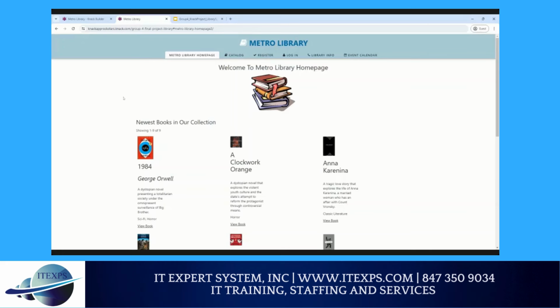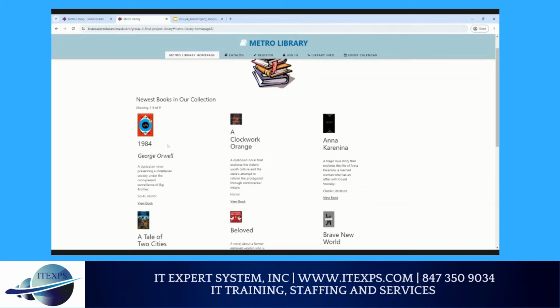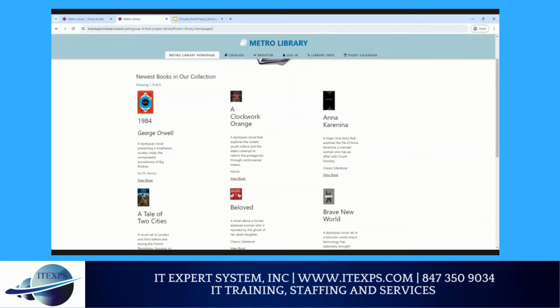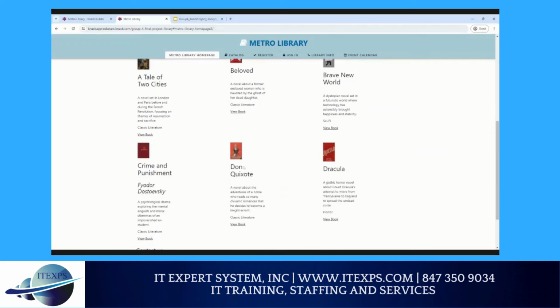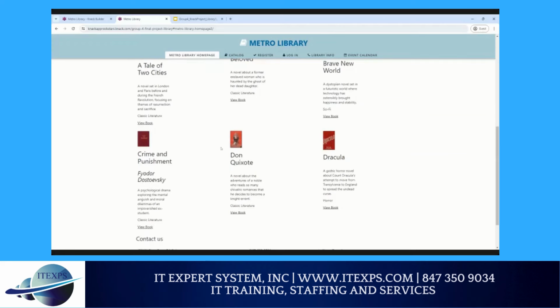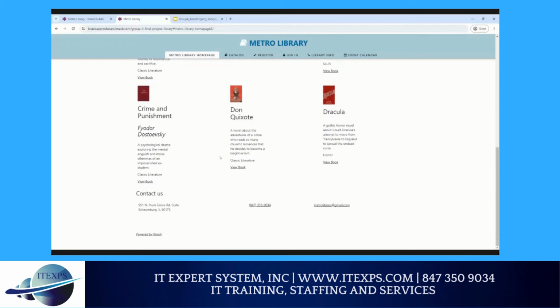Awesome. So jumping in, this was a very exciting program that we were all able to work on. To start off, this is our homepage, which shows the different collections of our newest books at Metro Library. You're able to see the title of the book, the author, the description, and the genre, and we hope as this continues, we will continue to add new books into the rotation here. Now, scrolling down, you're able to see the contact information, where we are located, our phone number, along with the email to contact Metro Library.